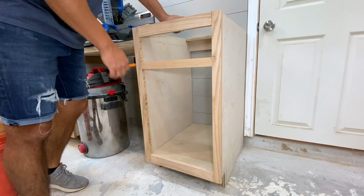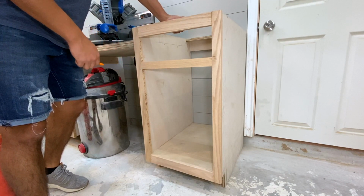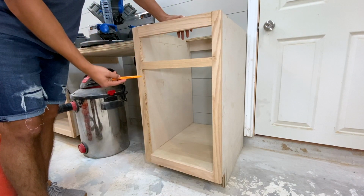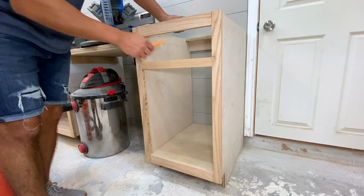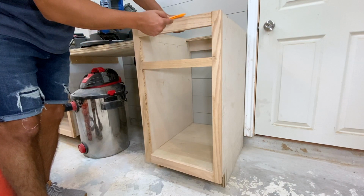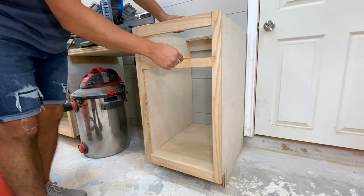Now that our cabinet carcasses are assembled, we can start making our face frames. So real quick overview on face frames. The face frames are typically made of at least 4 components. We have our stiles, which are the vertical pieces, and then we have our rails, which are the horizontal pieces. In my case, I like to make my stiles 1.5 inches wide, and I like to make my rails at least 2 inches wide on the tops and bottoms,